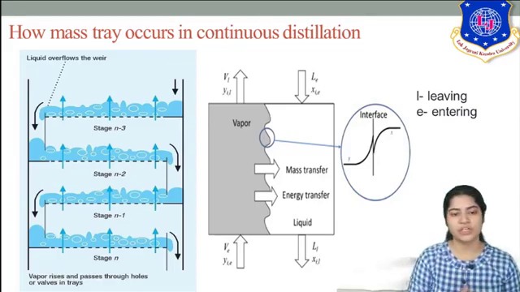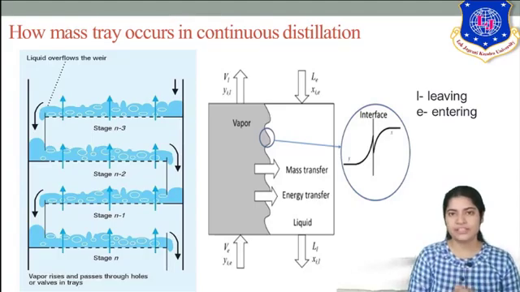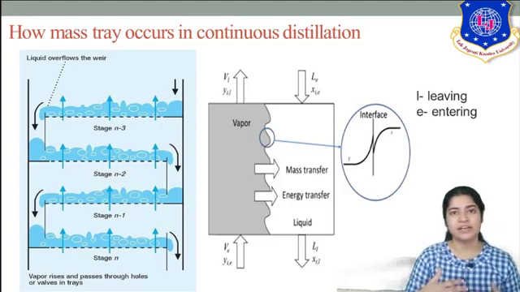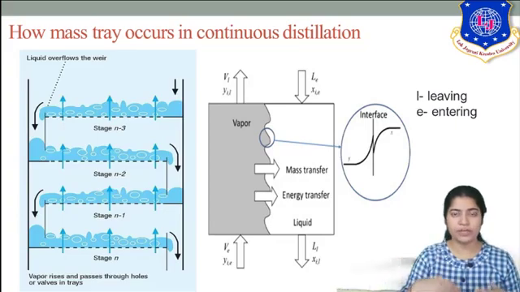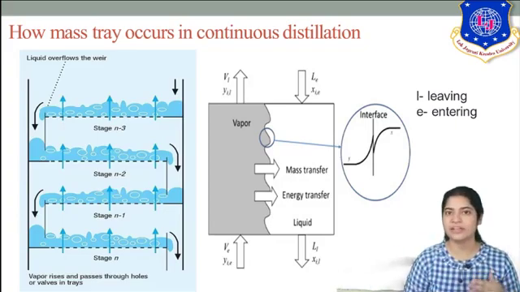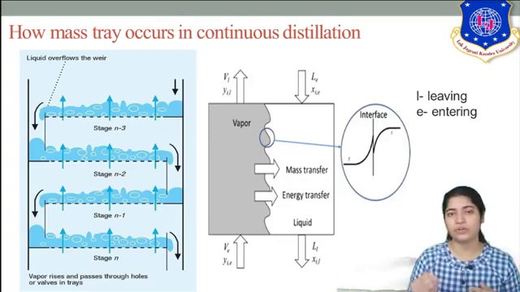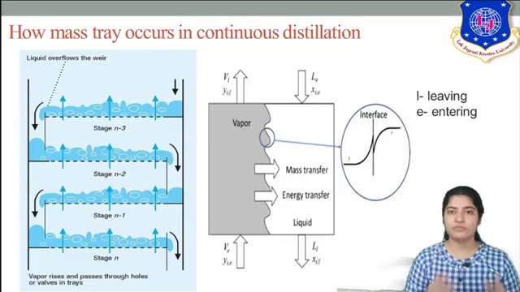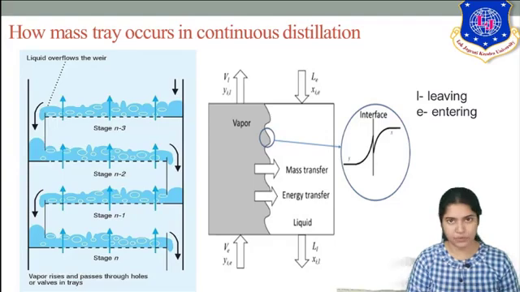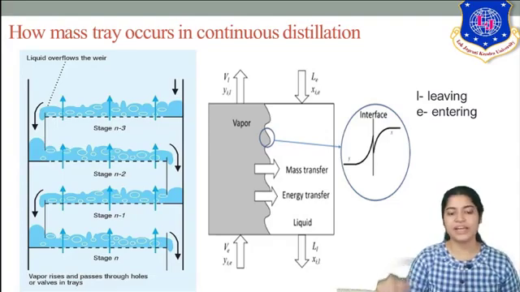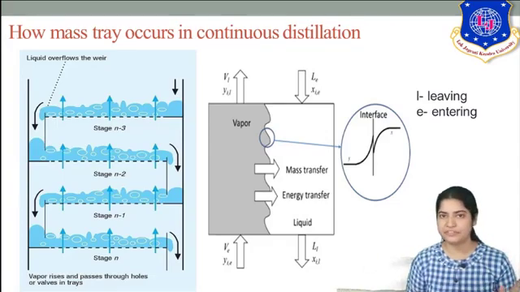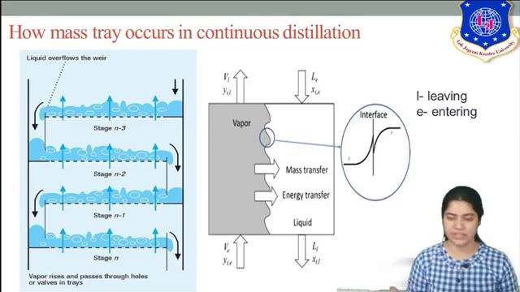Now, how does mass transfer occur in continuous distillation? We discussed that plates act as vapor liquid contacting media. So you can see a number of trays are kept in the distillation column, right. The liquid is coming from the top, because of reflux the liquid is coming from the top and the vapors are rising upwards. Now these trays are perforated, holes are there. So because of that the vapors penetrate through the liquid, and so mass transfer occurs between the liquid and vapor phase. So you can see over here the entering streams, vapor and liquid, which are entering one plate, and those are leaving after the contact between them, when energy and mass transfer has taken place.